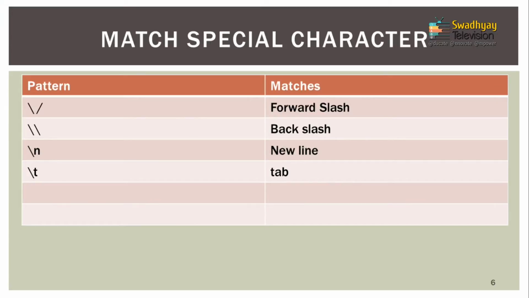Now this preg_match function can also be useful to match special characters. Like if you want to match a forward slash, then you can use that type of symbol. If you want to match a backward slash, then this symbol. For a new line you can use \n, and for a tab you can match \t. The reason is that backslash is known as an escape character, so it removes any special meaning of any character, and that's why when you want to use it, you should remember that backslash is a special character. Let me give you an example of this one.